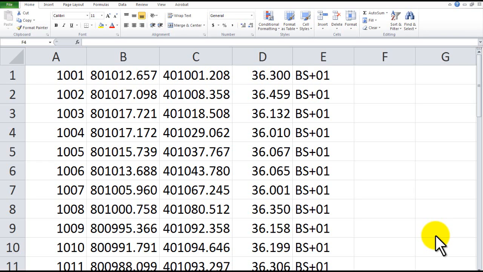comma separated data basically, and I've saved this. This is just using an Excel spreadsheet here, and I save it in .csv format. Now, just to have a look at the format here, in column A we have just a point number system. Here in B is our northern coordinate, C our eastern coordinate, and D our height or RL, and E here